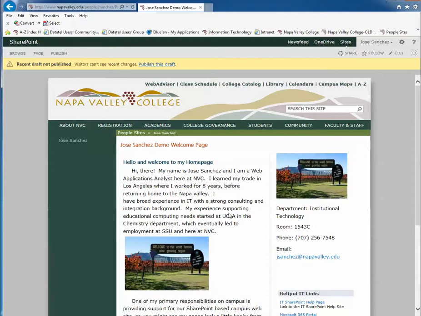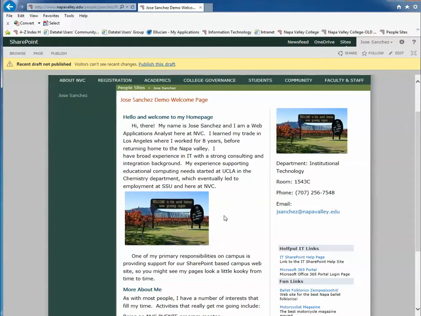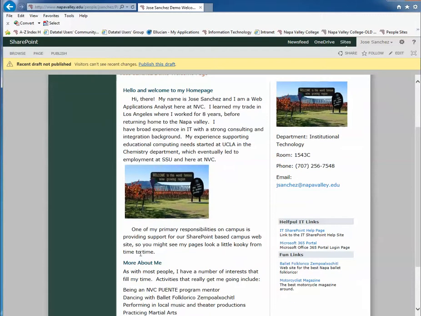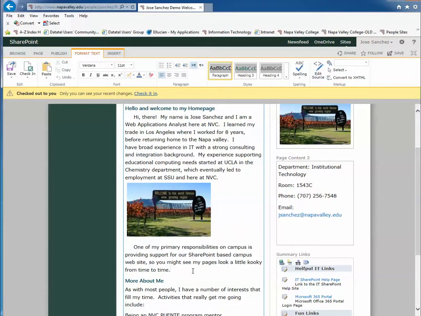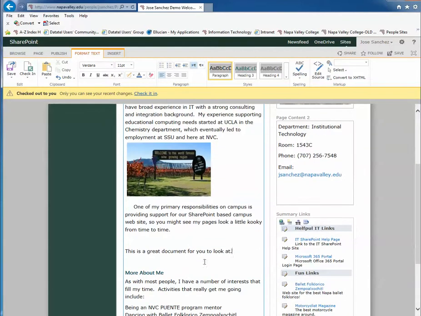Once I am looking at my welcome page, I decide where I want to place it. In this case, I'm going to place it down here somewhere. Okay? So I click on the gear, and I get into Edit Page mode, and I place the cursor about where I want it, and with the space I'm looking for to place the text. This is a great document for you to look at. Okay, so I can put in whatever text I want, and now I need to define where the hyperlink will